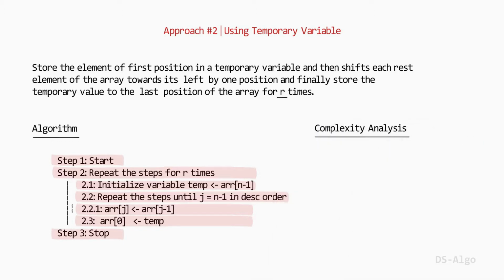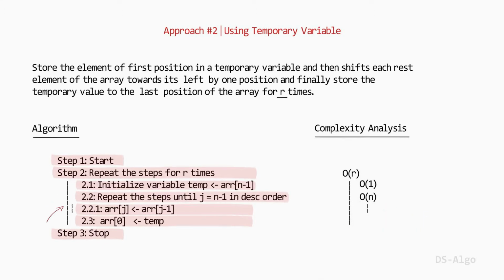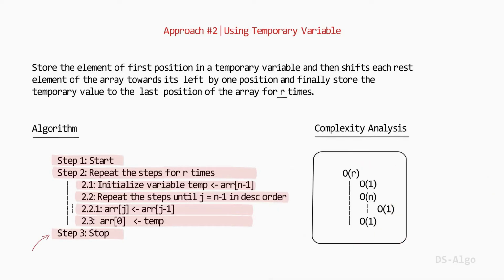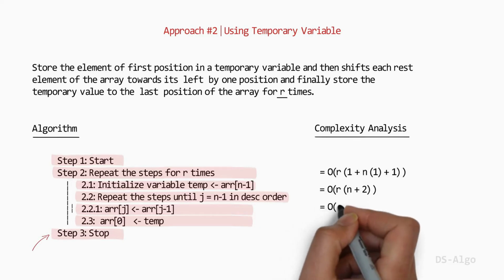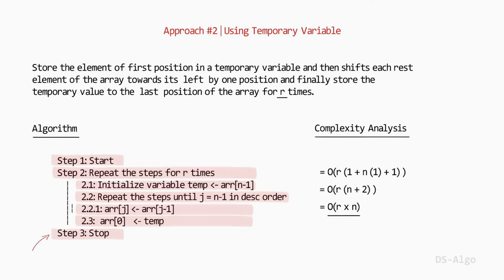Let us find the time complexity of this algorithm. First of all, we analyze the time complexity of each step and add them together to get the final time complexity. Let's combine this individual step of time complexity together to find the algorithm time complexity. Now here, dropping the constant time, that is big O of 2, this big O of r into n is the time complexity of this algorithm.